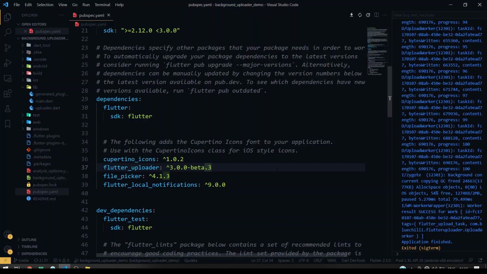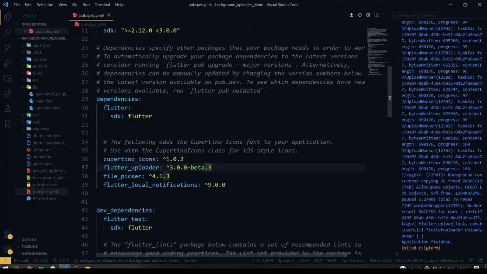First, let's add the Flutter uploader plugin. It will be used to upload media files, whatever the media files are, like a PDF or document, or a video or images, anything. It will just upload the media files in background mode, and you can also get the progress indicator. We can also implement that as a progress notification bar, showing how much percentage of the data has been sent to the server.